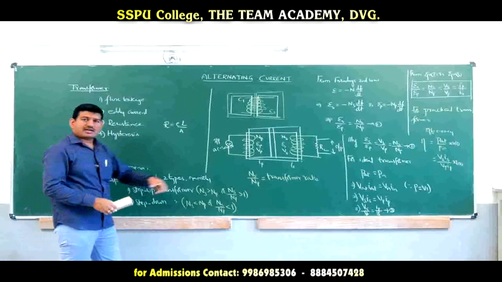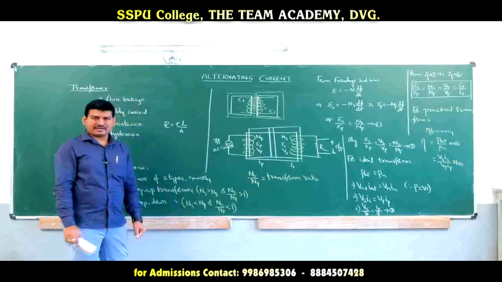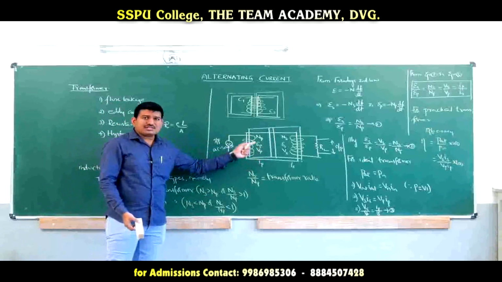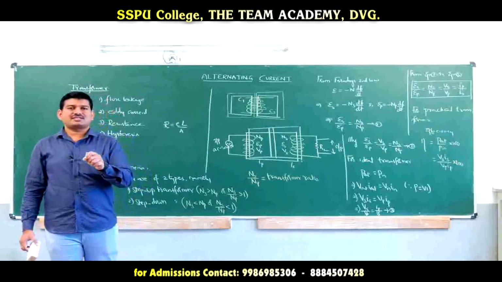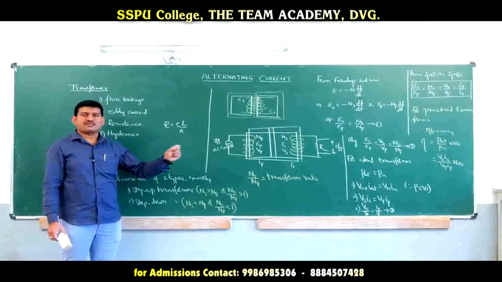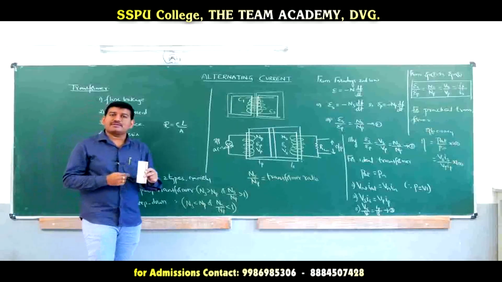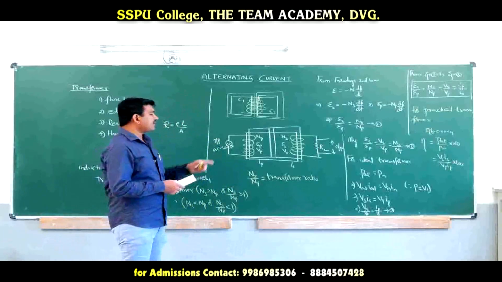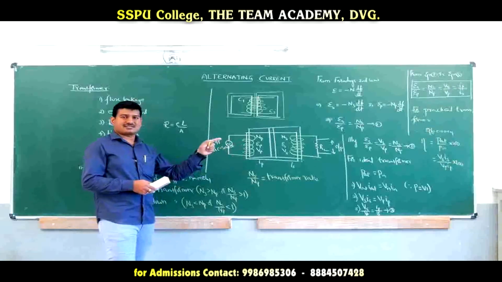As we are using some core material here, that core material will have some hysteresis behavior, the lagging behind character. So while choosing the core material, it must be chosen with a low hysteresis value. One such material used as a core for the transformer is soft iron. Why? Because soft iron can be easily magnetized and easily demagnetized. Yes or no? So the transformer cores must be selected with low hysteresis value.